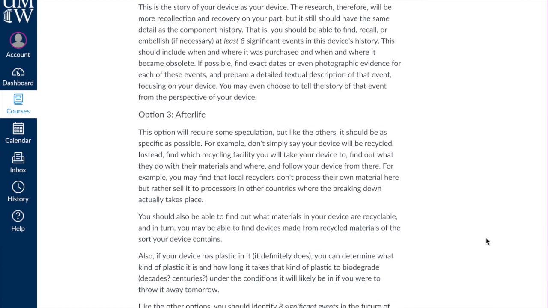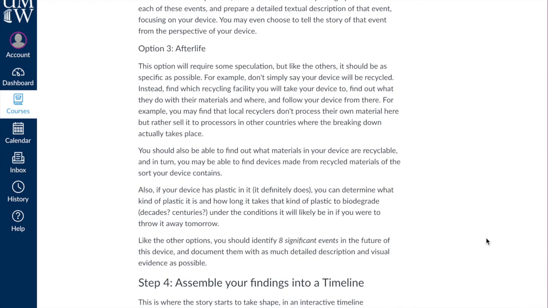And then finally, option 3, Afterlife, is often hard, but it's not hard in terms of investigation. It's more hard in terms of speculation, because you have to write something as a kind of science fiction or speculative fiction. Basically, you're going to predict what's going to happen to this device. Let's say you recycle it. What happens after something is recycled, or after you put it in the box? Who takes it, and where do they take it, and what do they do with it,